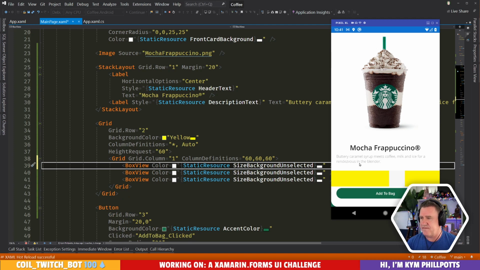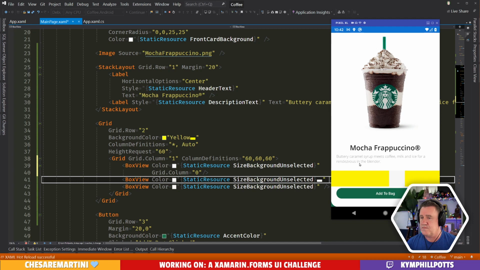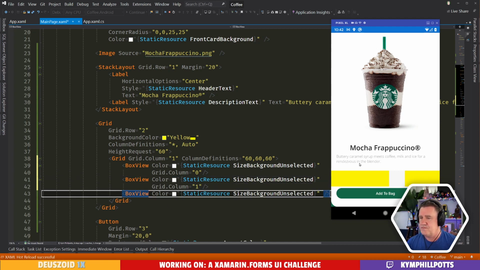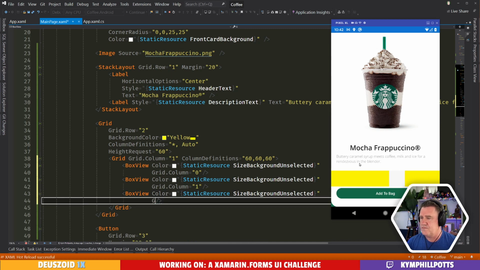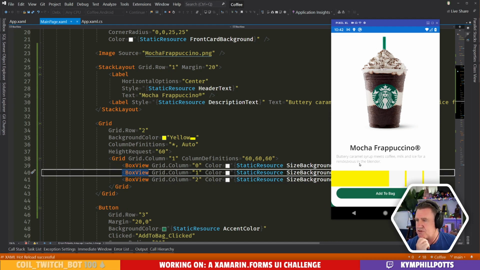Actually, just to get it right here, let's just say grid column 0. There's our 3 boxes.